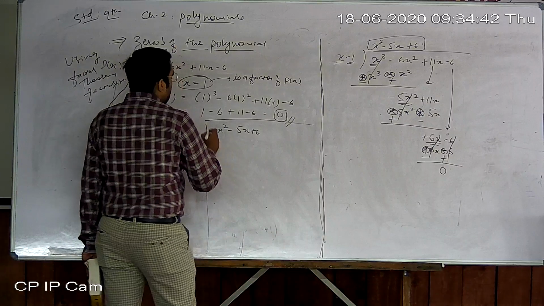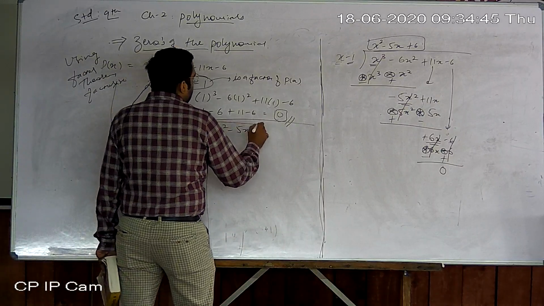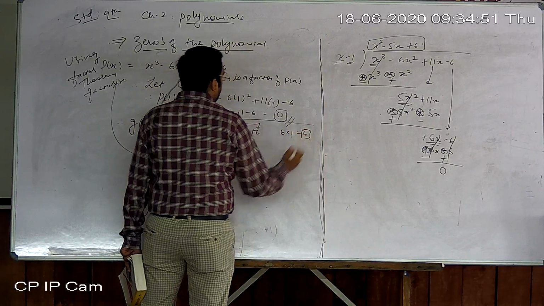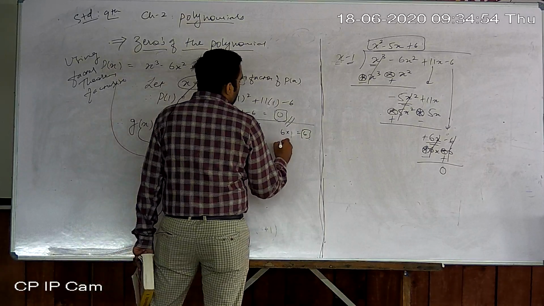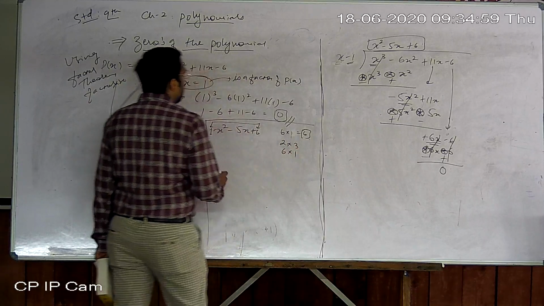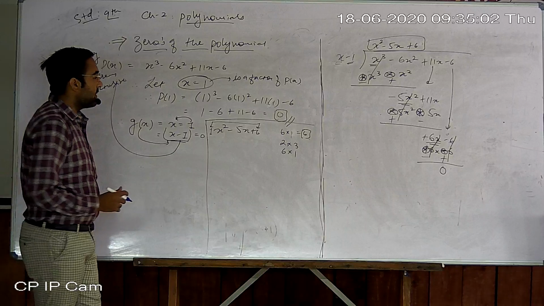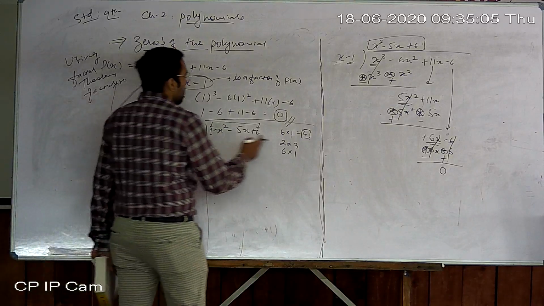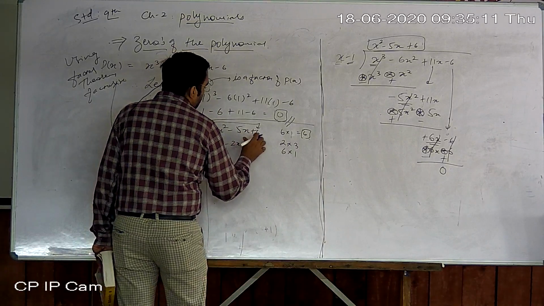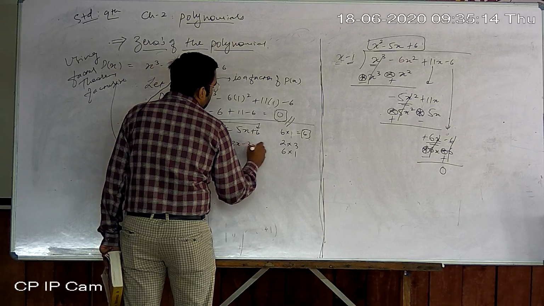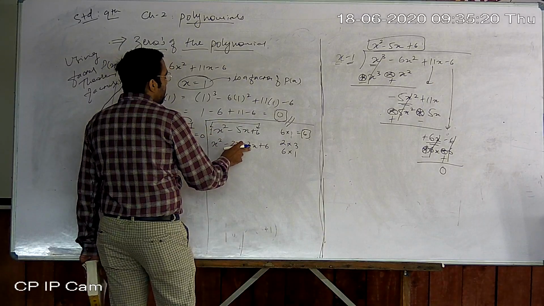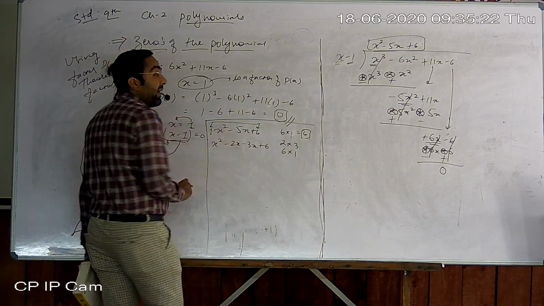In the middle term splitting method, I'll multiply the first term and the last term, that is 6 ones are 6. Now factorize 6. As per the factorization of 6, we find 2 into 3 and 6 into 1. Which one do we have to use to get plus 6? We have to use 2 threes are 6 and 2 plus 3 is 5. So x square minus 2x minus 3x plus 6. Here please consider minus minus is a plus, 2 plus 3 is 5x, the bigger sign is minus 3, therefore minus 5x.